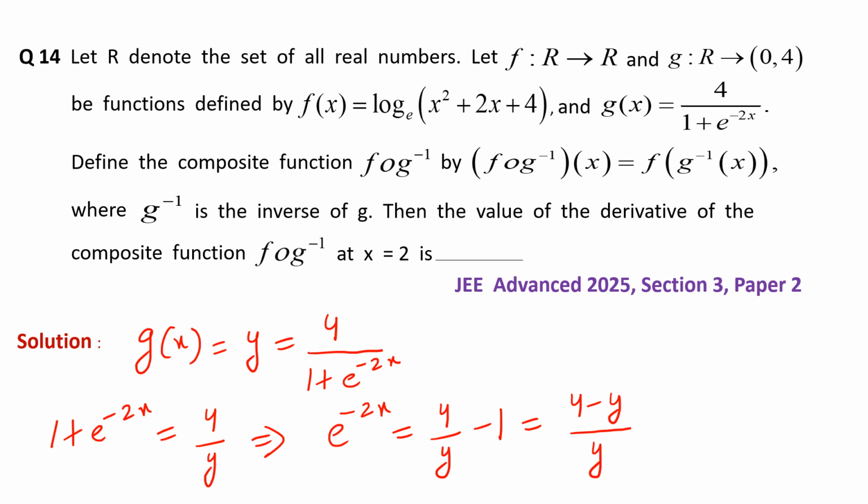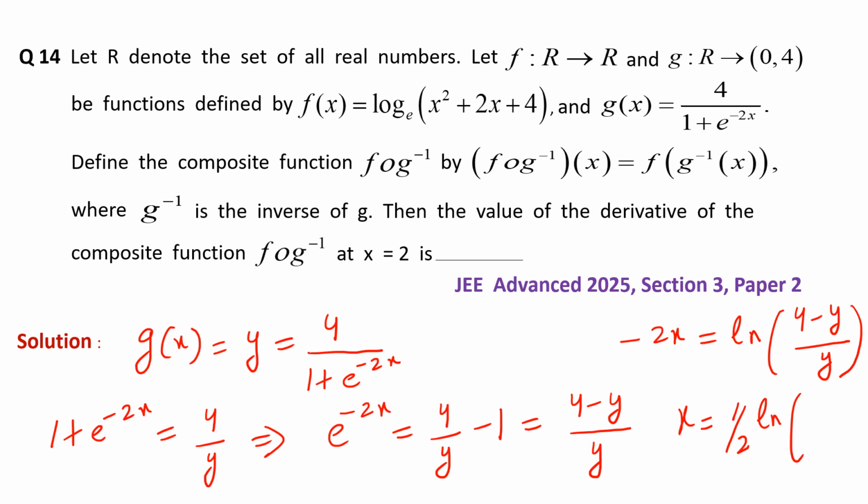So that means I can write minus 2x equal to log natural of (4 minus y) divided by y, right? So that means the value of x becomes equal to 1 upon 2 into log natural of y upon (4